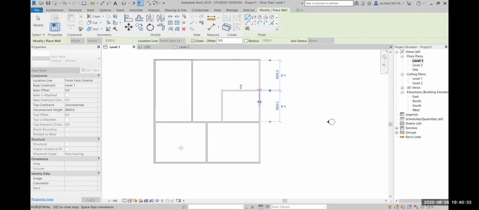Okay, over here I'm trying to create rooms. Now remember this room bounding option. Now this has to be turned on for all the walls. Like by default it will be ticked, but remember for